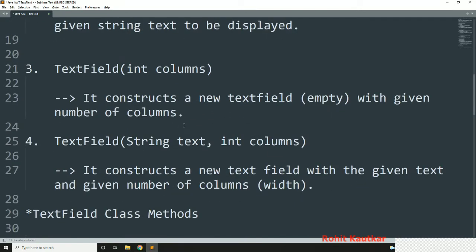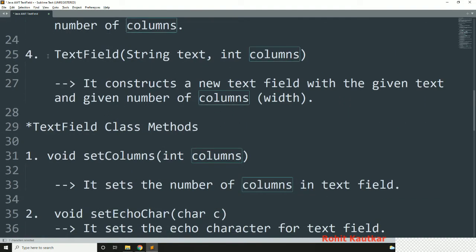Then the third constructor is TextField, and it requires the number of columns as a parameter. It will construct a new text field which will be empty, meaning no string will be displayed, with the specific number of columns you specify here.